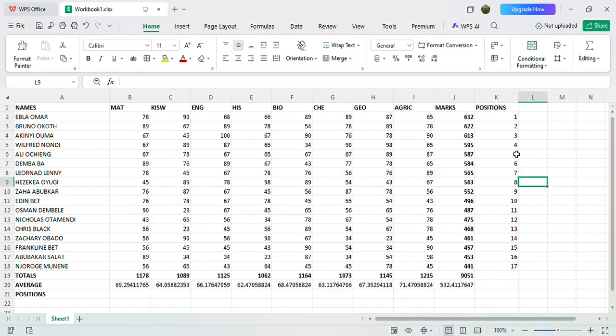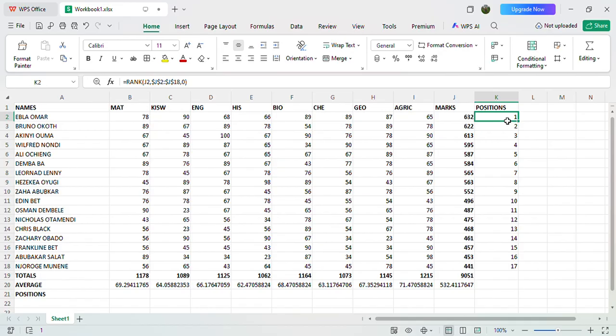So I have from number 1, who is Ebola, to the last person. After highlighting, you right click, or in some laptops they will show you sort. So you right click, it will show you sort, then click that one, arrange in ascending or descending, then you give it okay, and we have our positions.